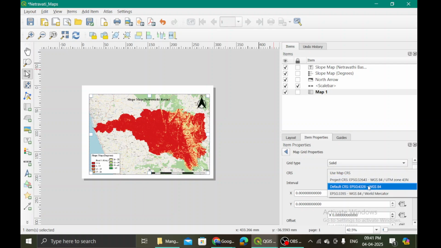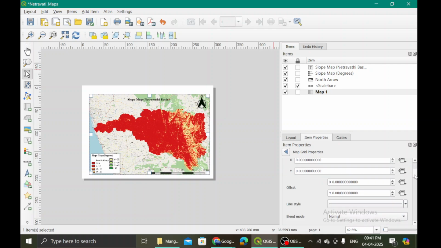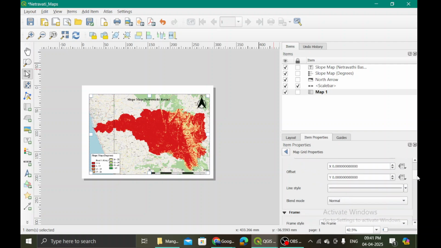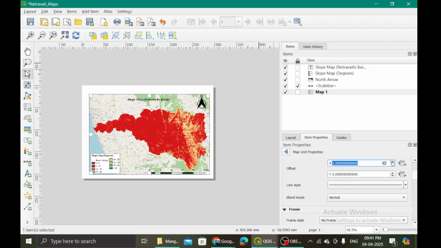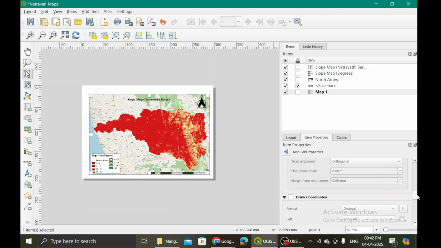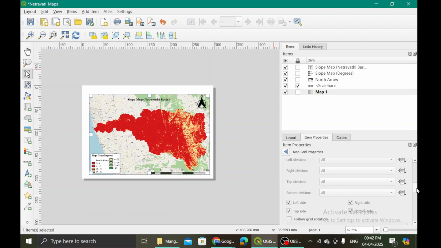Map units, and I want it to be WGS 1984. Map unit seems better, and the interval maybe 3 3. Okay, so offset maybe 1 2 2. You will get to know what it is, and then no frame.